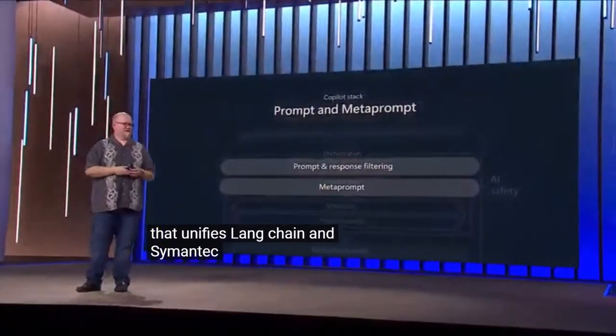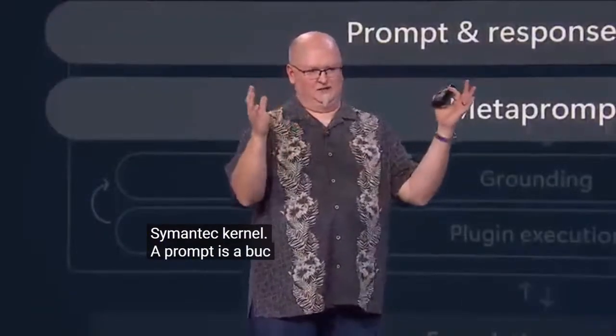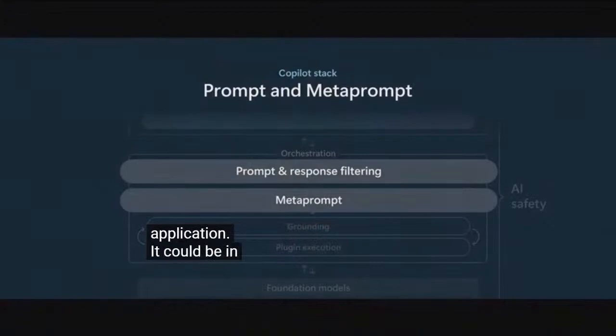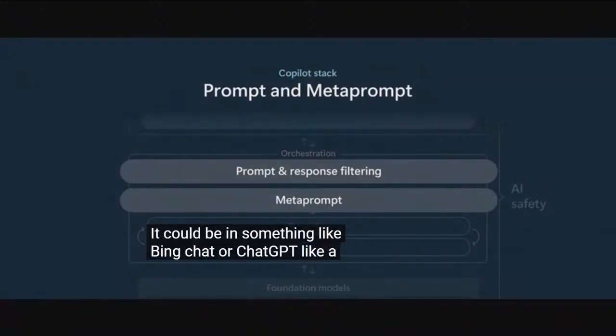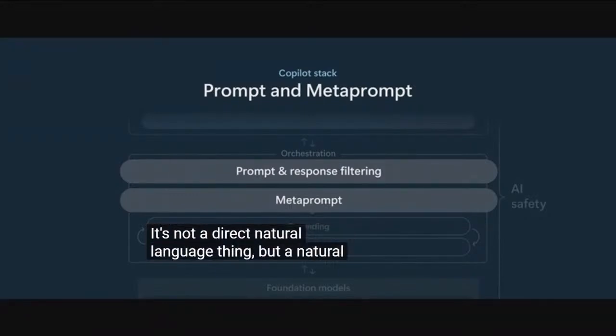A prompt is just a bucket of tokens that is generated by the user experience layer of your application. It could be, in something like Bing Chat or ChatGPT, a question or a thing that a user is asking the model to do. Or it could be something that your application constructs, where it's not a direct natural language thing from the user, but a natural language thing that you are conveying to the model from your application.